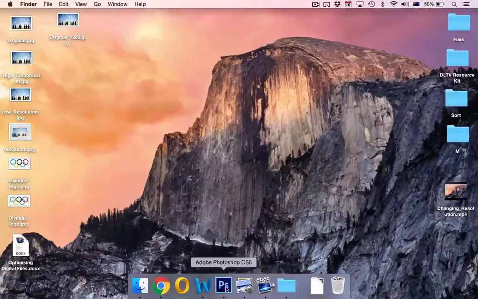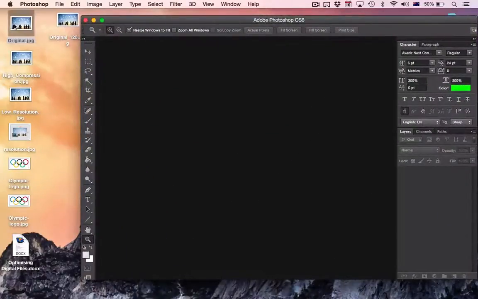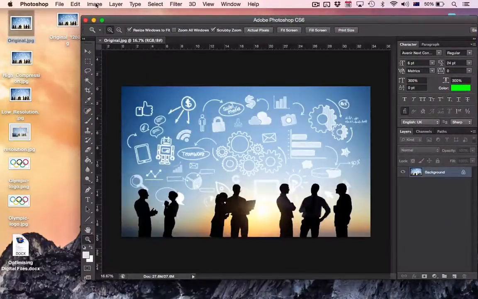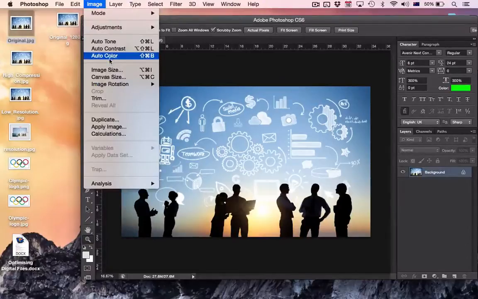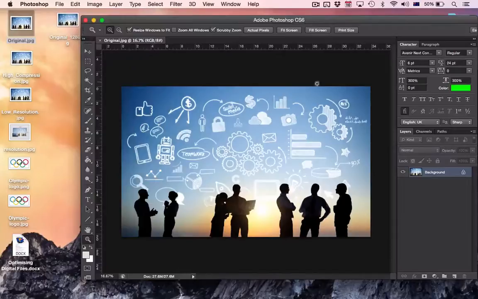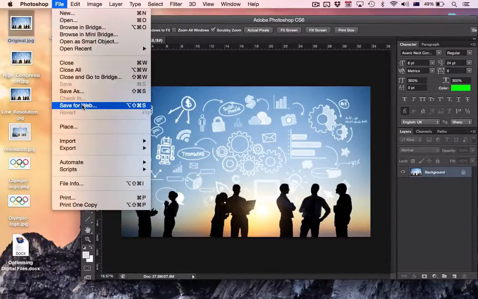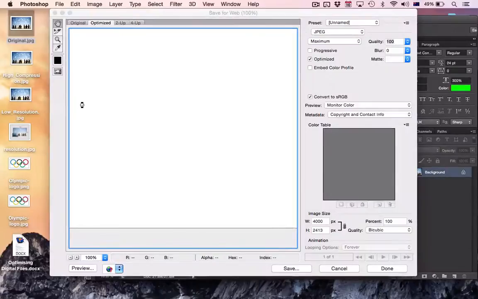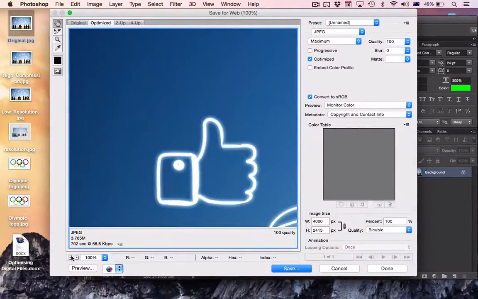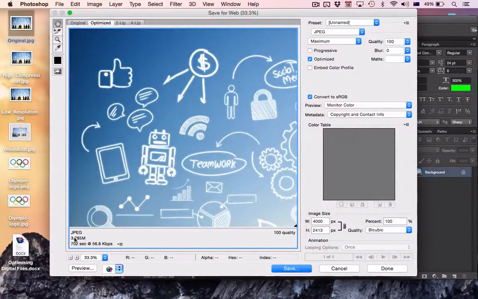In Photoshop, if we bring our photo in, instead of changing the image size, we want it to retain its high resolution, but we just want to compress the file so it's a lot smaller to send in an email or something similar. We go to File, we go to Save for Web, and we can then just zoom out and take note of the file size here at the bottom as we play with these settings. Making sure it's on JPEG,